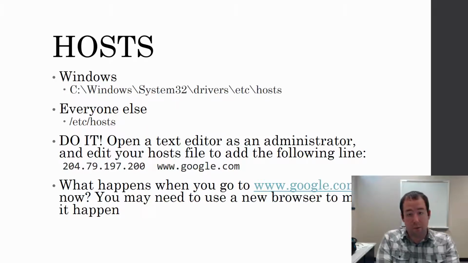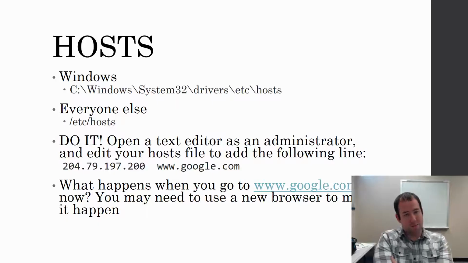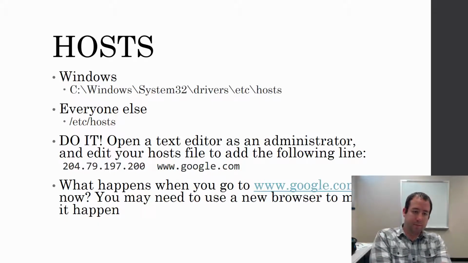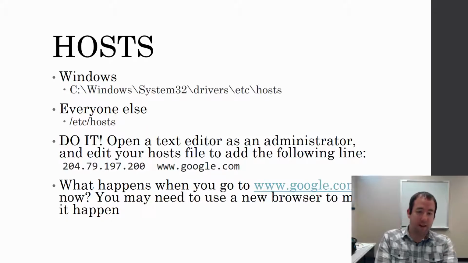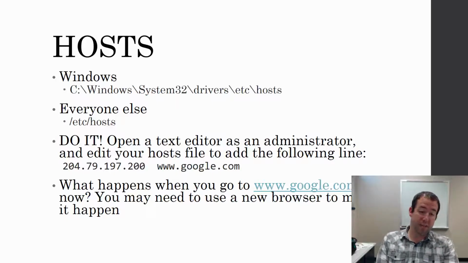So go ahead and open it up. Run a text editor as an administrator. And if you're on a Mac or Linux, you can do it from the command line with the sudo command. And edit your hosts file and add that line if you want to. So 204.79.197.200 space www.google.com. So when you add that line,